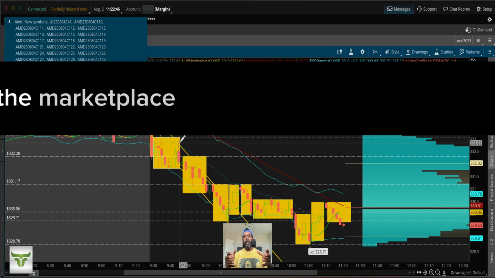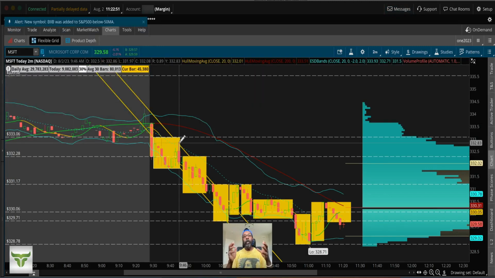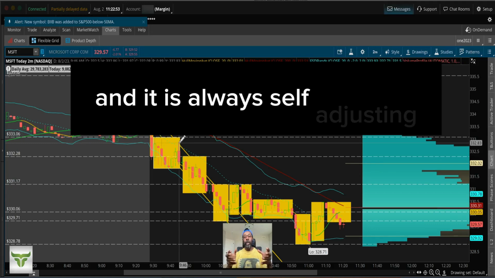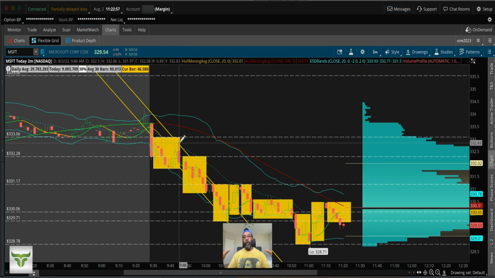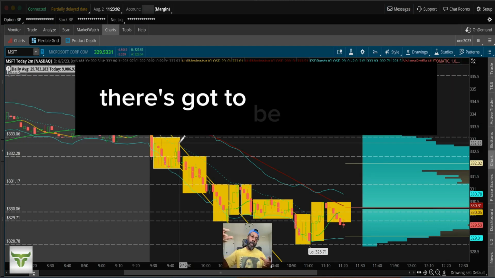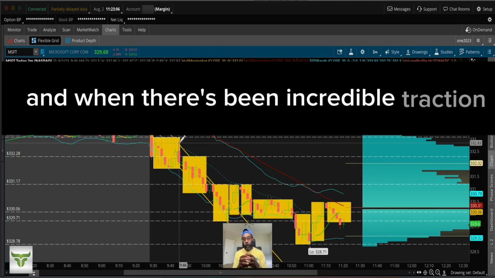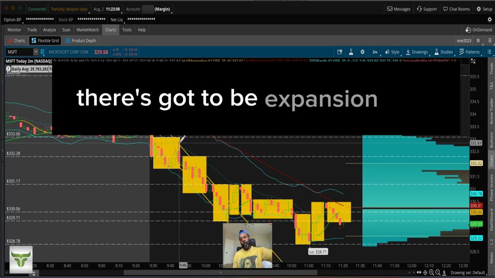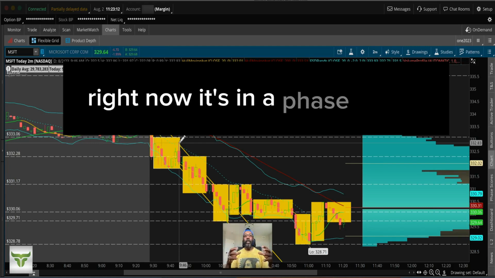The marketplace is a built-in pricing mechanism, and it is always self-adjusting. And the market corrects. When there's been incredible expansion, there's got to be contraction. And when there's been incredible contraction, there's got to be expansion. So it's self-correcting right now. It's in a phase where